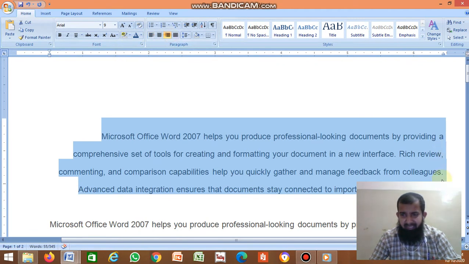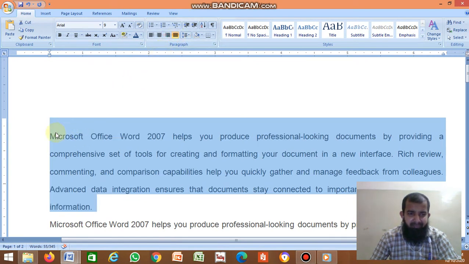Here it is zigzag. If you click justify, it displays a straight line on both sides. It justifies and looks better.